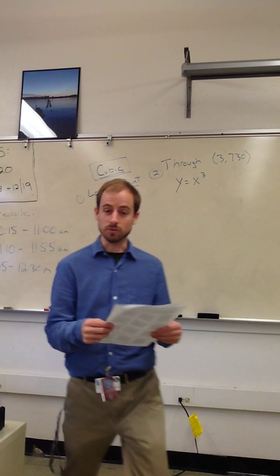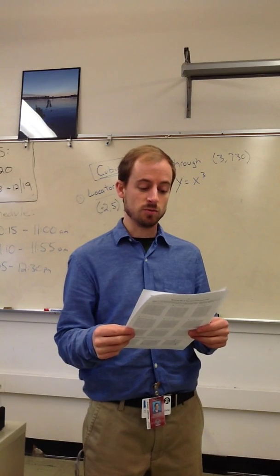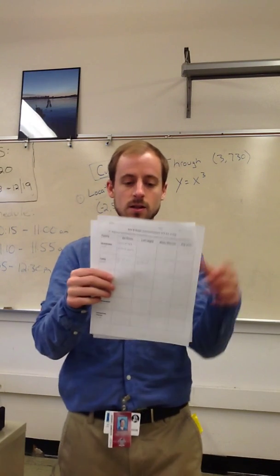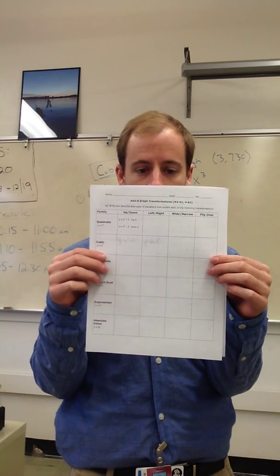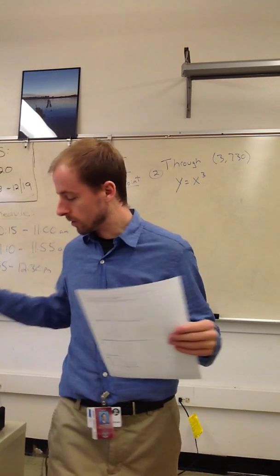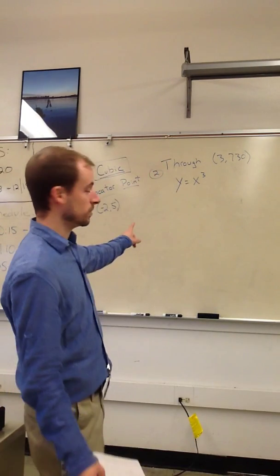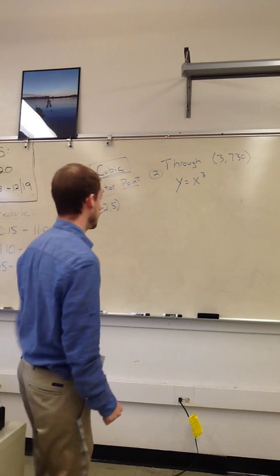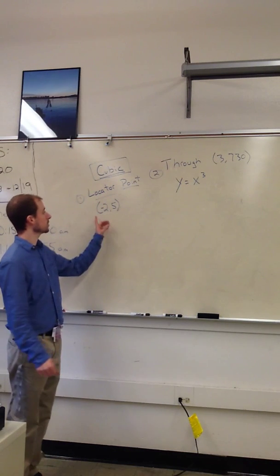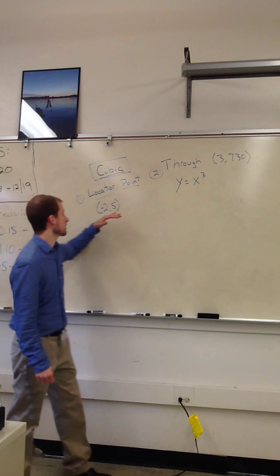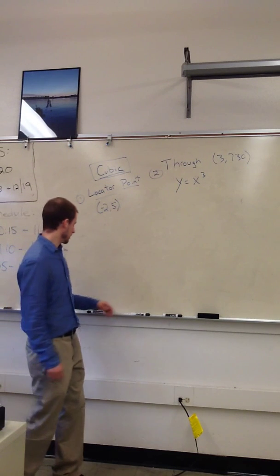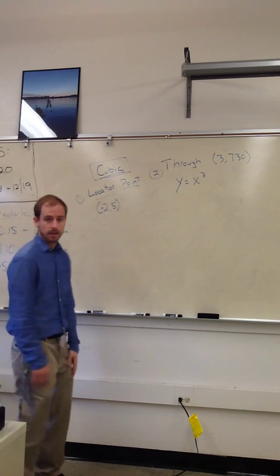Okay, so from what I can tell, you have a problem with the cubic. So what you need is this worksheet that you filled out, and then I'm assuming you're working on this worksheet and on the back, and I think you're working on this problem where you have to find a cubic that goes through that point, and this is the locator point. So we did a bunch of these in class, and I will show you